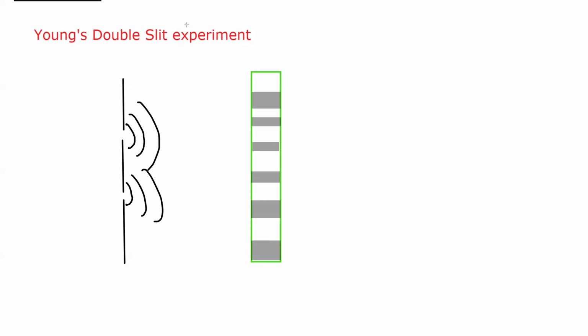So here, at the center, he observed a maxima. Then he observed minima, then maxima, then minima, then maxima, and then minima, and so on. This will be minima, then maxima, then minima, then maxima, and so on. So he derived a formula to show a relation between the spacing between the two fringes, the adjacent maximas, and